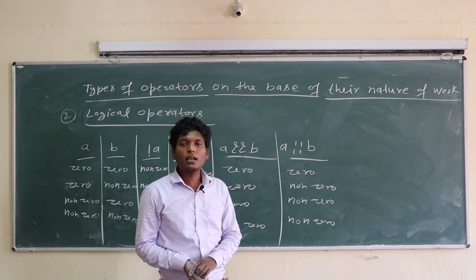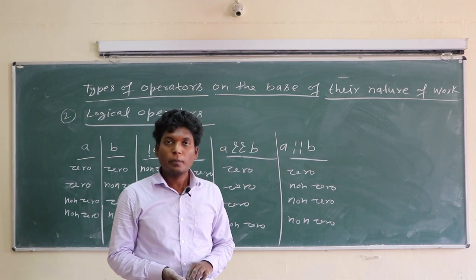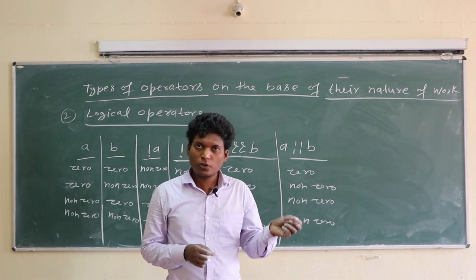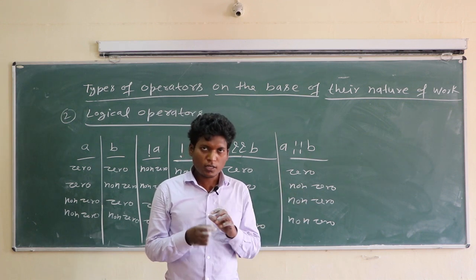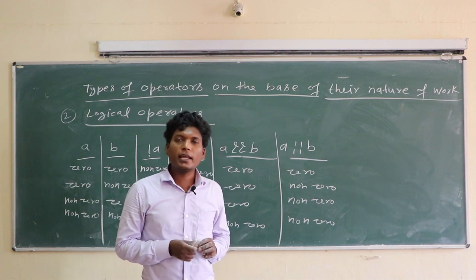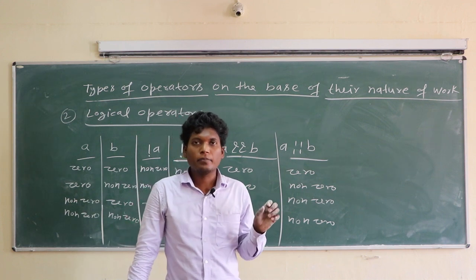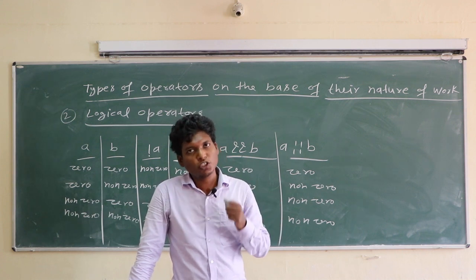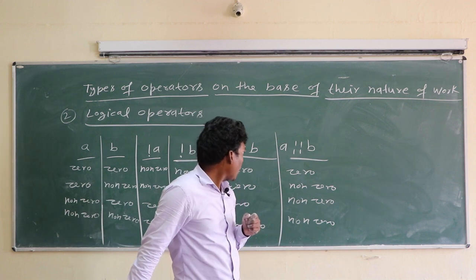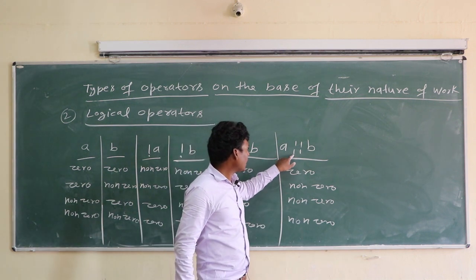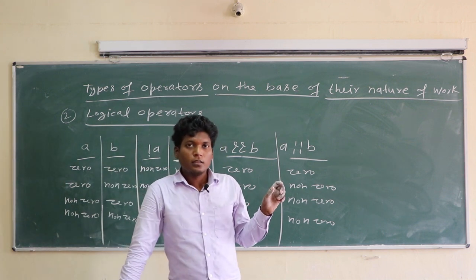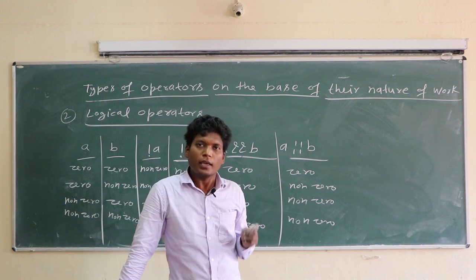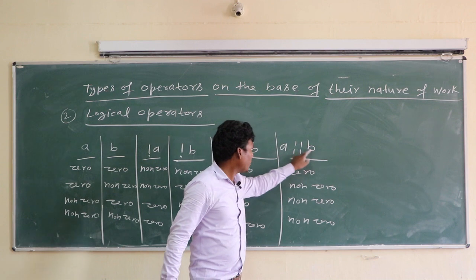Class, this is how logical AND, logical OR and logical NOT operators are performed. Logical NOT makes its complement. If it is 0, it makes it non-zero. In logical AND, both operands should be non-zero, then it will give a non-zero result. Otherwise, in all cases, it gives the 0 result. In the case of the logical OR operator, it gives a non-zero result when any one of the operands is non-zero.